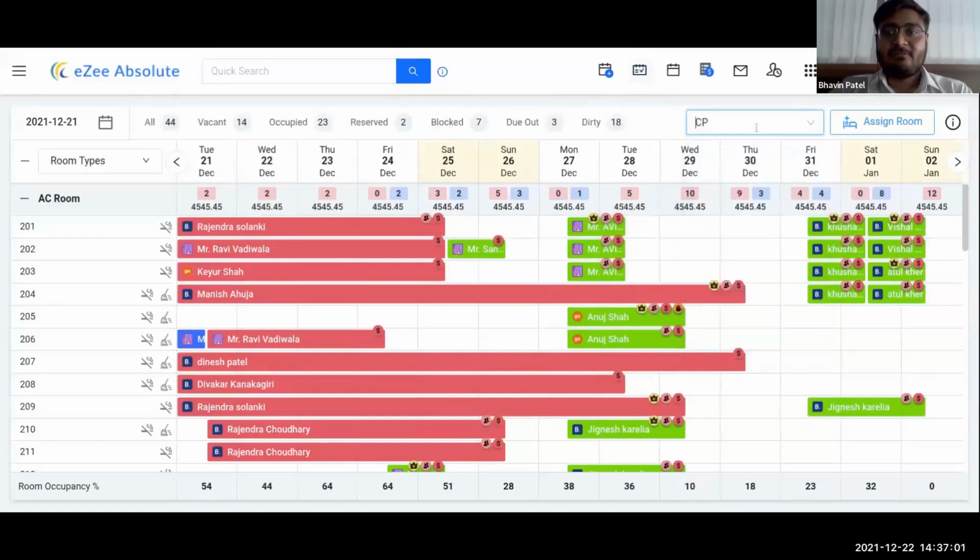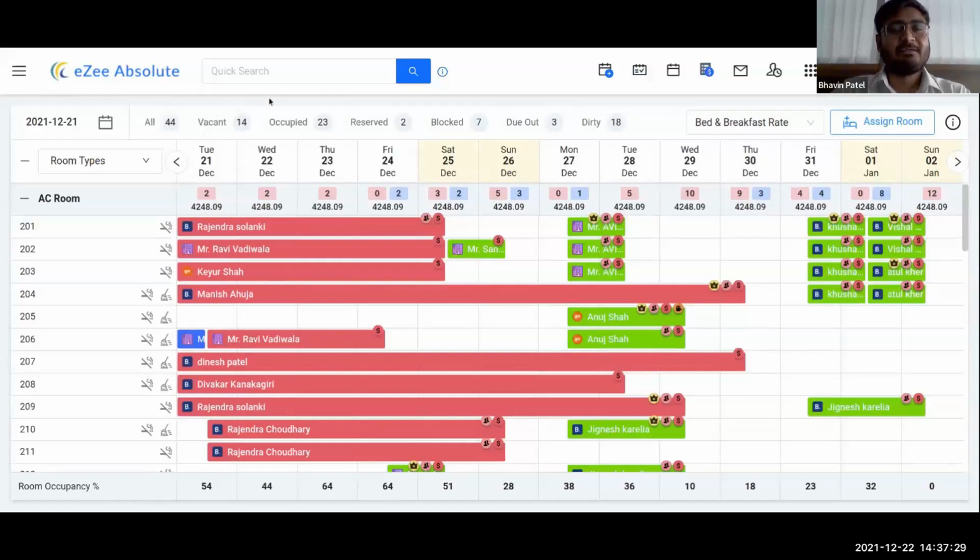Right. So we are on the stay view, and you may be finding that we have enhanced the stay view with the best possible we can do. The stay view has various small enhancements which are also helping our users in making their work more efficient. If I start from the top of the screen, now we have this quick overview of the property on the stay view as well,